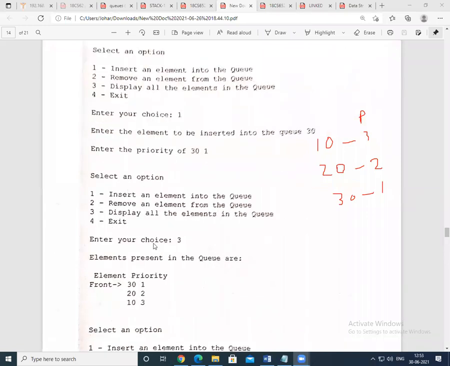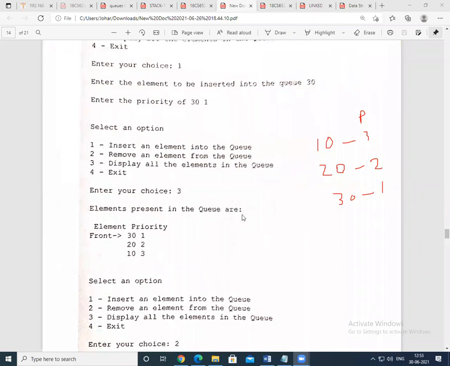Now enter your choice to display. When you display, how are the elements shown? Elements with the first priority are shown first. 30 has priority one, hence it is shown first. This is shown second, this is shown third. Try to understand: with priority 1, with priority 2, this is for display.